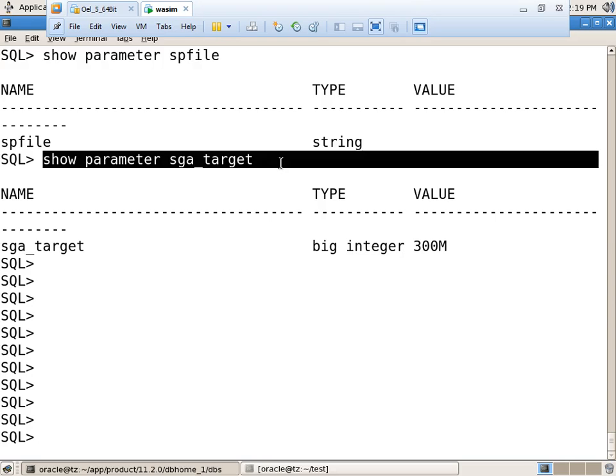Check your handouts. Now I want to check whether this parameter is static or dynamic. Okay. How can we check? Till now any doubts? Just I am clearing the screen.